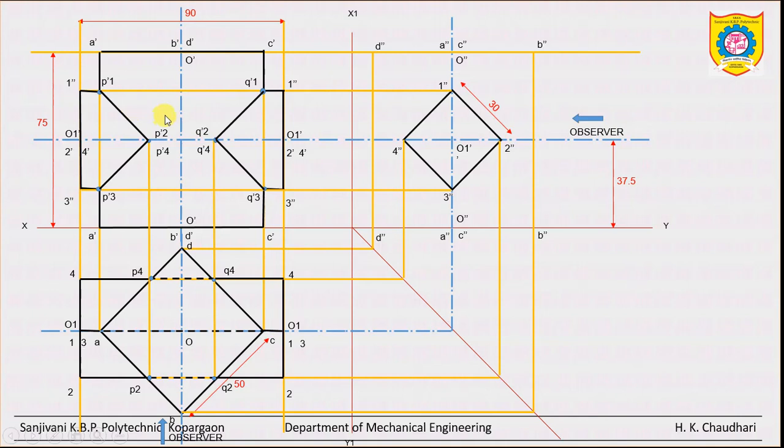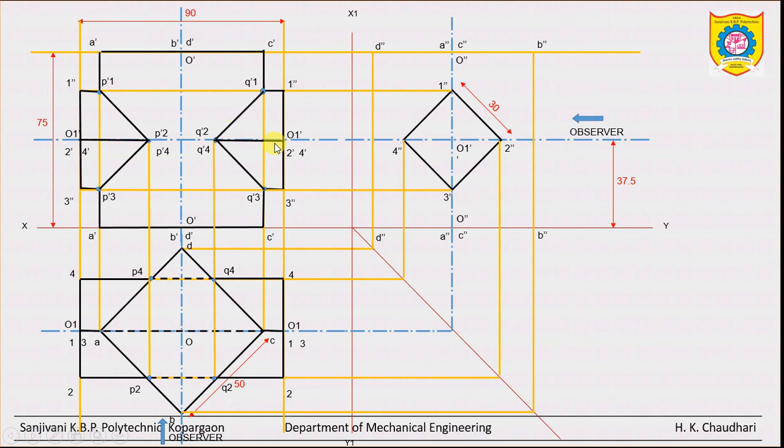Okay, so now draw the remaining edge, this edge. Now what is this edge? This in the top view, 2 to P2, it is out of intersection, so you can make it thick. Okay, this side 2 to P2. Similarly from this side Q2 to 2, this edge. We can observe this edge clearly.